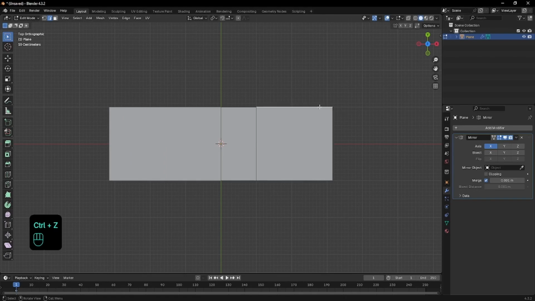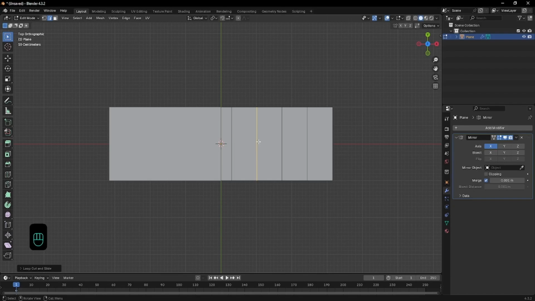And what I will do is that I will add here two loops. So Ctrl R, scroll the wheel up, and let's place it here in the center by clicking right click. And what I will do is that I will just move this one a little bit to the left, so double tapping G, G and G again. Now we can slide it somewhere here close, and this will be the center of the wheel, the part that will divide it into. And here I will add another loop here,